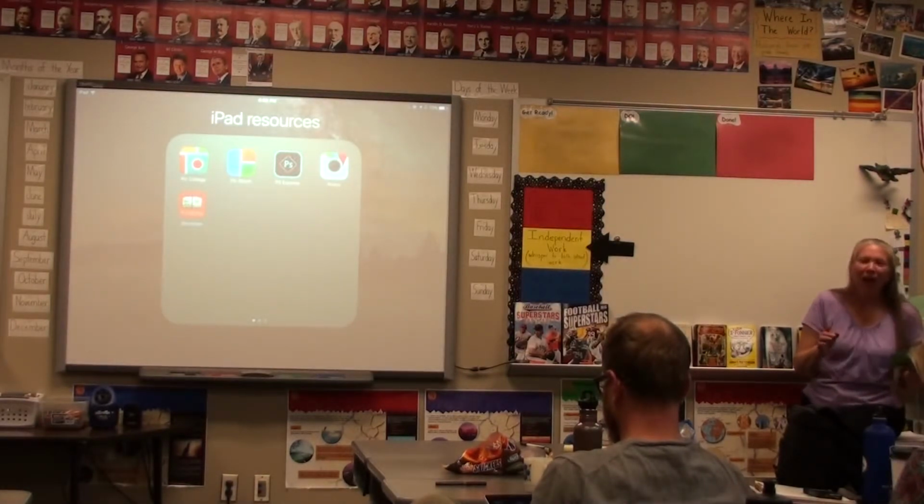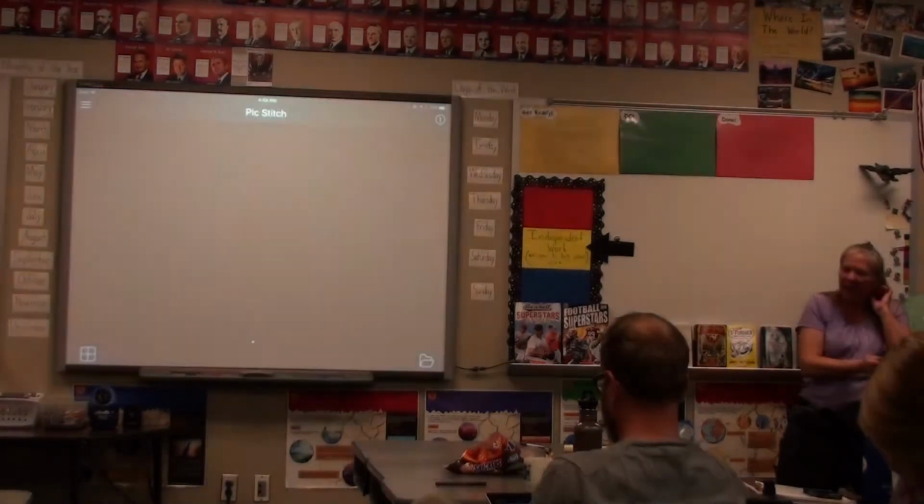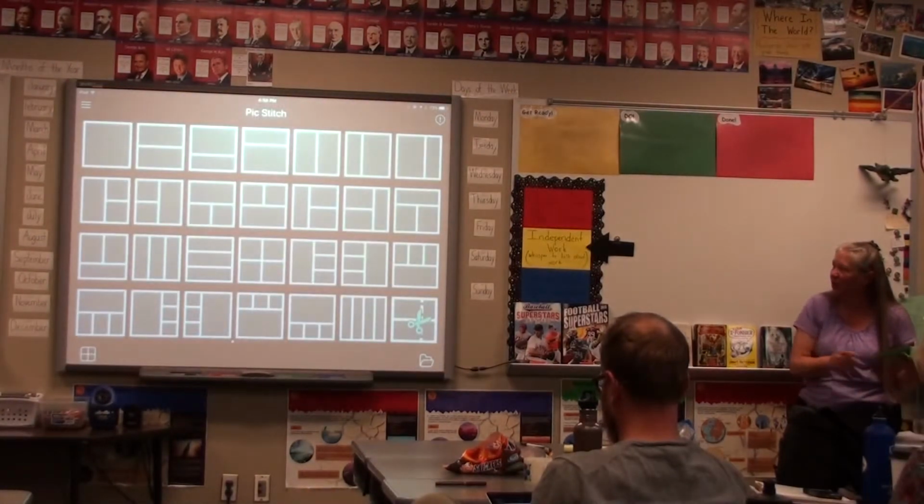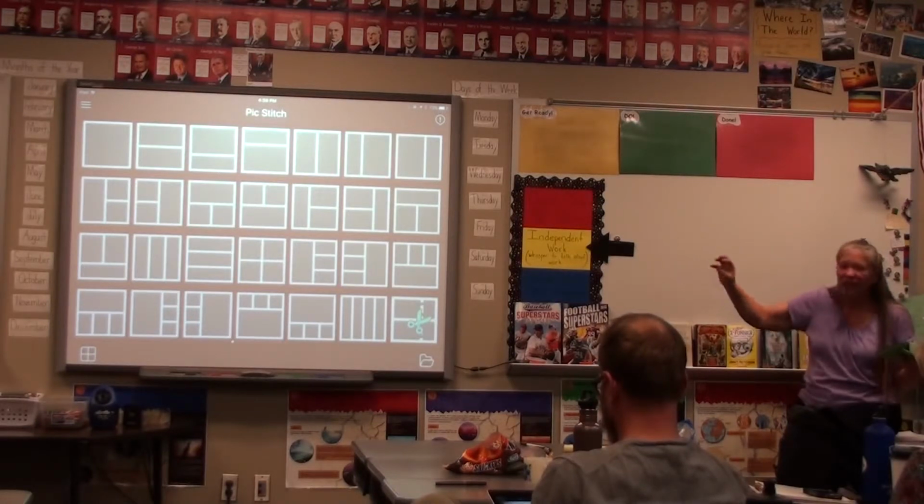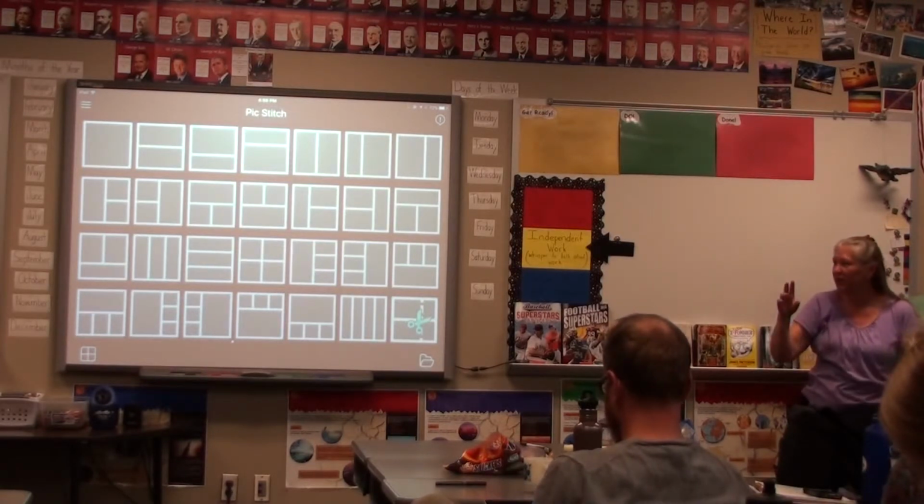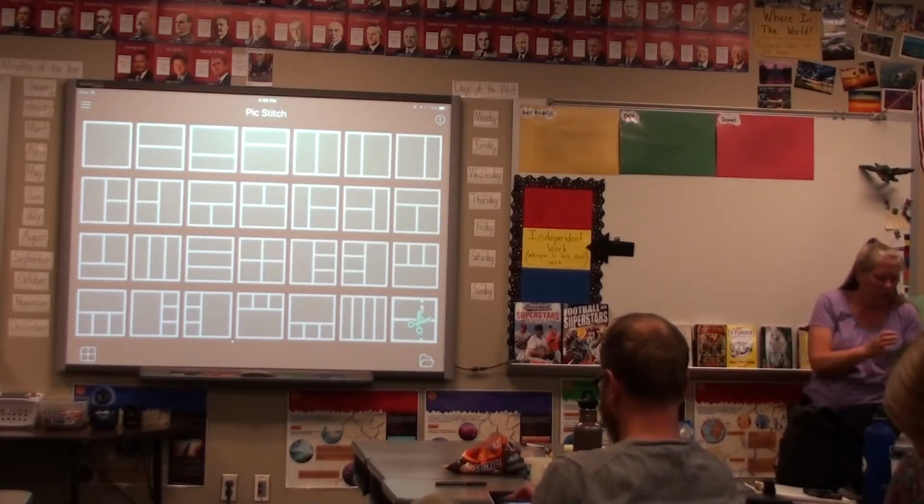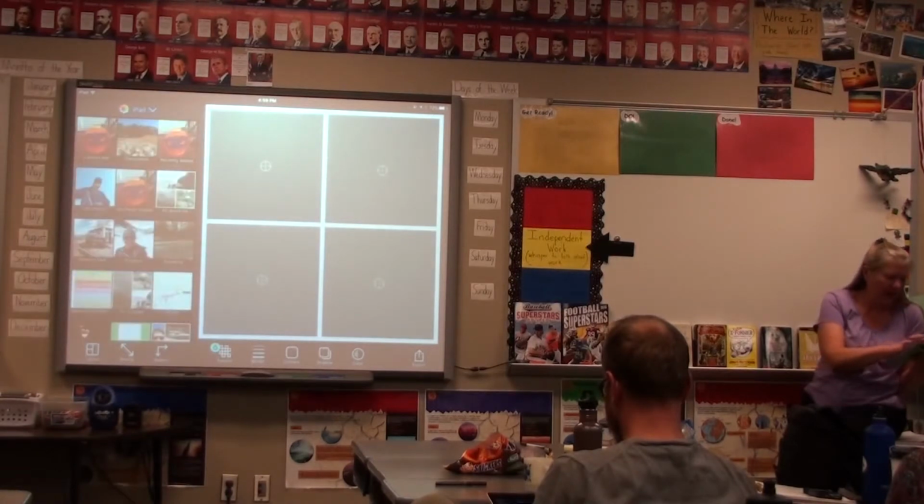Yeah. The one I really like is Pic Stitch, because if kids are doing a presentation and they have a lot of pictures that they want to put in here, they can find these layouts and then they can put pictures into these layouts. So for example, if you're doing a movie or something, an All About Me movie or something like that, and you don't want to have 15 different pictures, you can do some of these layouts and you can have pictures. So if I choose, for example, this one right here, and then I can just go ahead